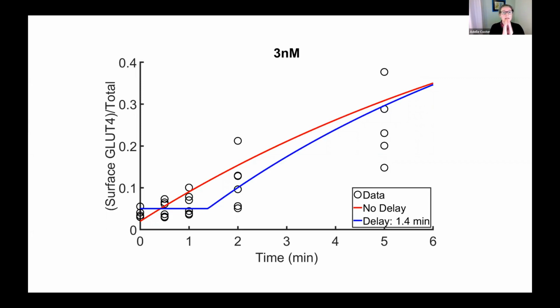Okay, so this is a similar measure, but for 3 nanomolar of insulin. So a higher level of insulin. And I think you can probably see that it's tighter at the start. And so this delay appears to be more justified. Now, remember that these are measurements from very many cells. Okay, so we're seeing a mean field response here. There may be high and low responders, fast and slow responders in these cells. They're well known to actually have these different insulin-based effects, to be heterogeneous. So nonetheless, I think it seems reasonable that we could be seeing a delay here.